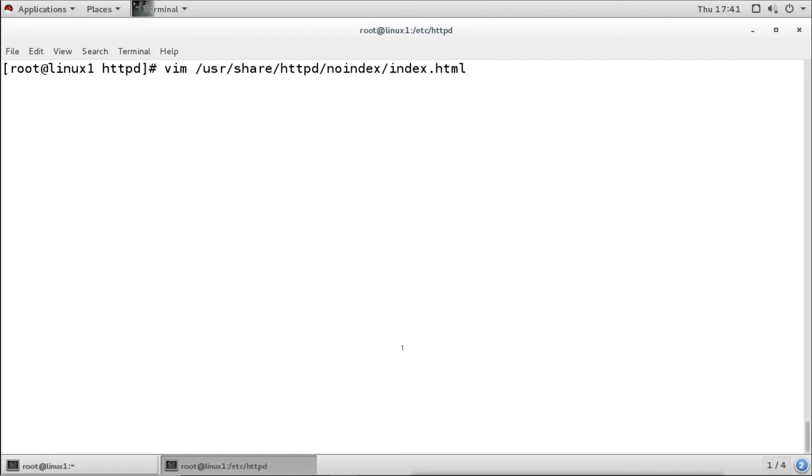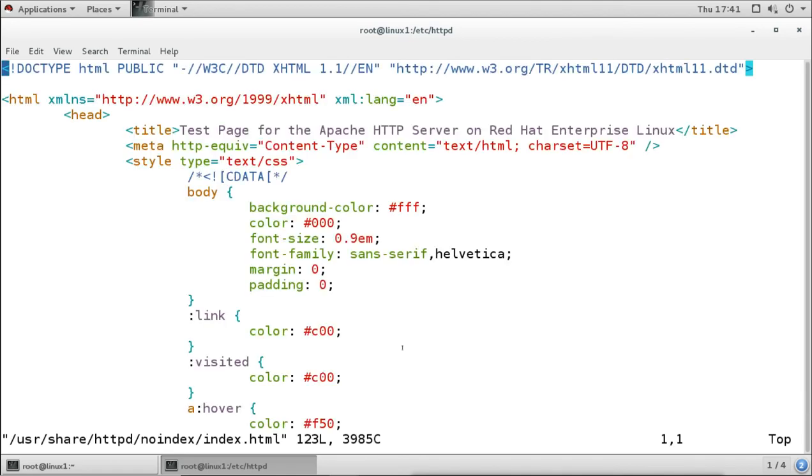When you open the file you will see this HTML code, and this is the code we are seeing on that side. Now to verify this, I will make a change here. Let's say I will change the background color. This is the hexadecimal code for the background color. I will change the color to, let's say, green, and then I will save it.